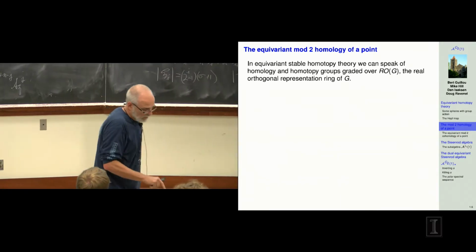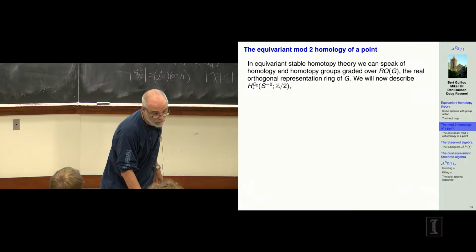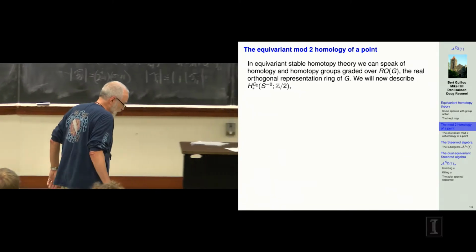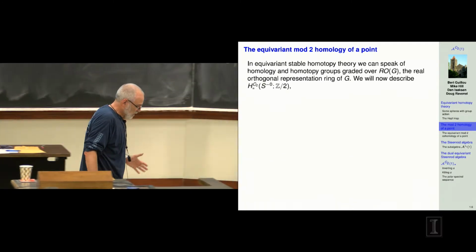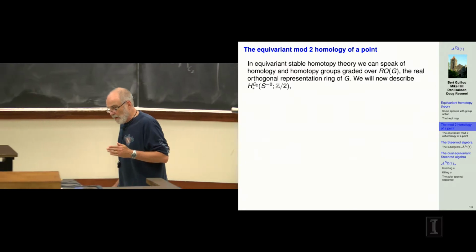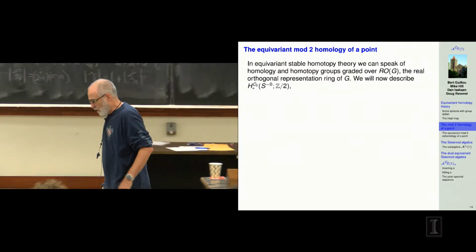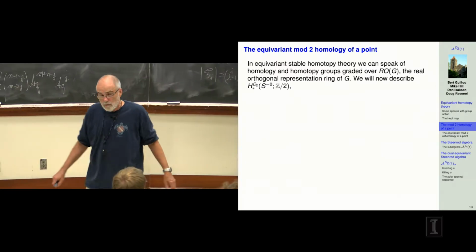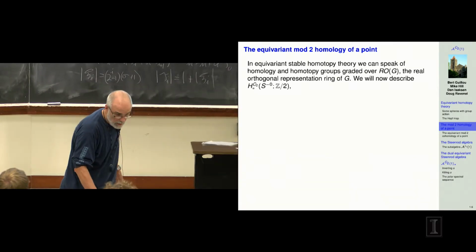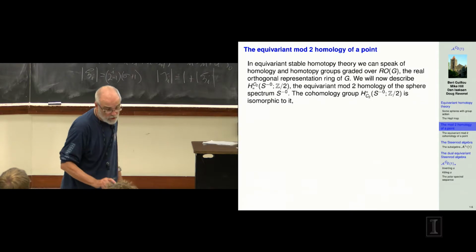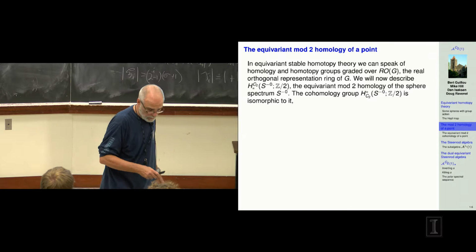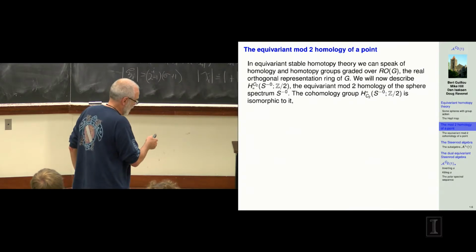And in our case, the orthogonal representation ring for C2 is a free abelian group on 2 generators, namely 1 and sigma. And sigma squared is 1, but we never actually use that multiplication in these things. But anyway, you get RO(G)-graded homotopy groups, homology groups, and cohomology groups. So you can speak about